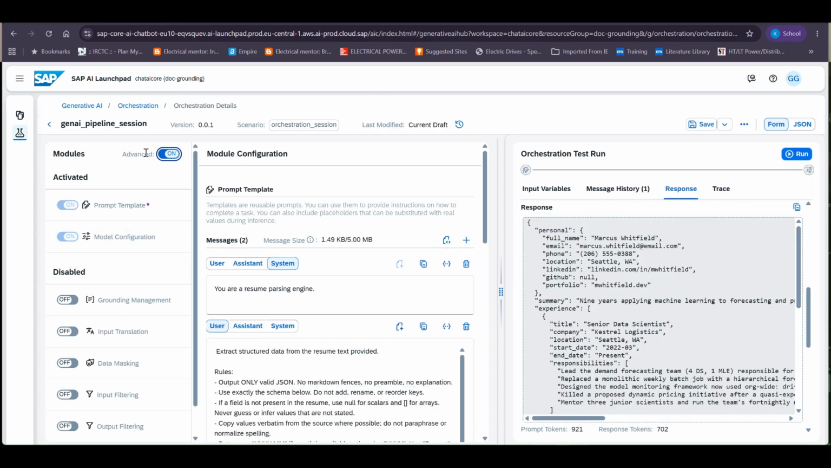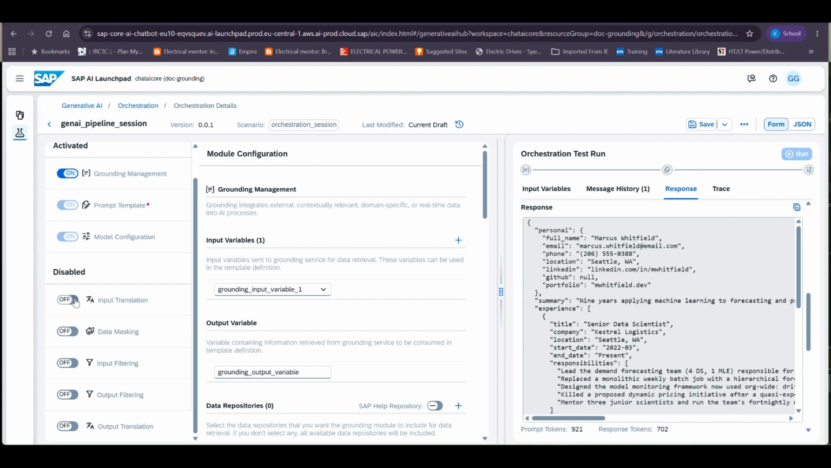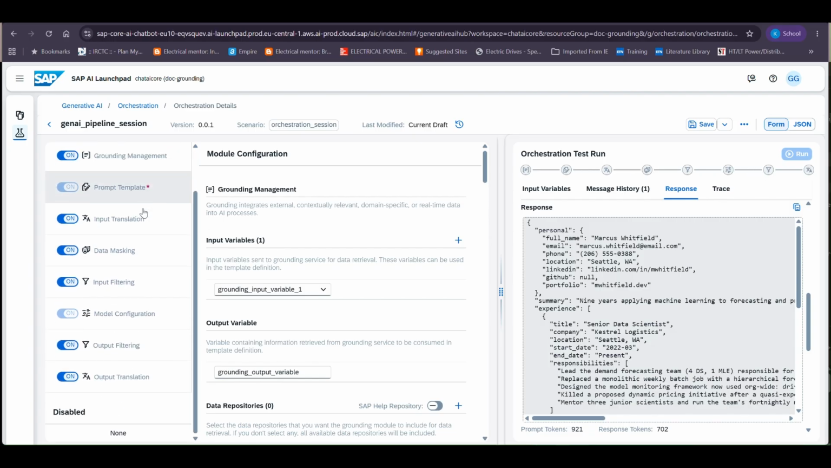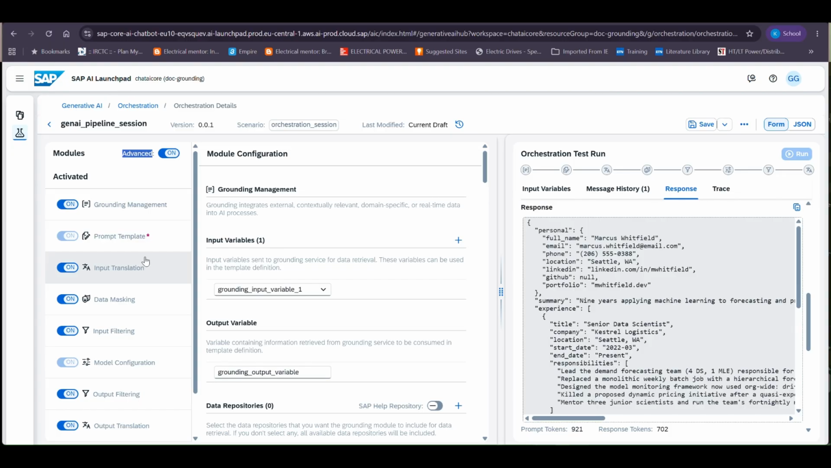All of those things have been added in this advanced section over here. One is grounding management, another is input translation. Do we need input translation or not? I don't know, one might need it. One might need something like data masking, input filtering, output filtering, and then output translation. As you can see, almost everything is self-explanatory, but having this in a scalable